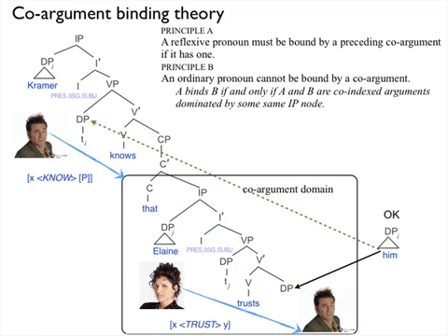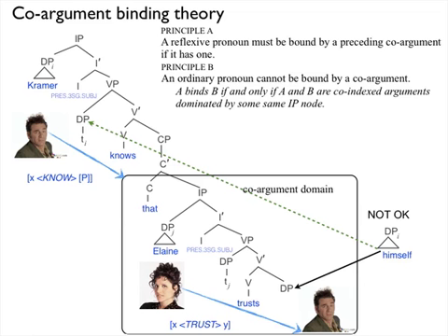If we get the reference of him down here, then it's okay, right? Because him is not bound by a co-argument. It gets its reference from something in the higher clause. Himself is not okay here, right? Because it needs to be